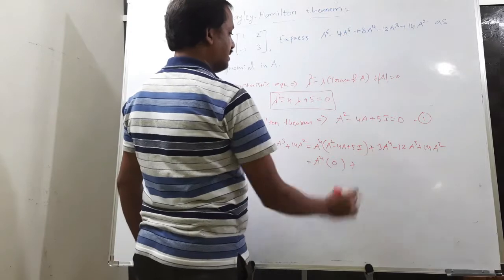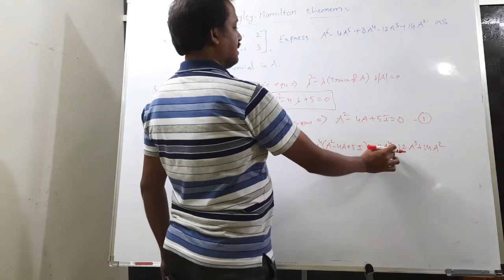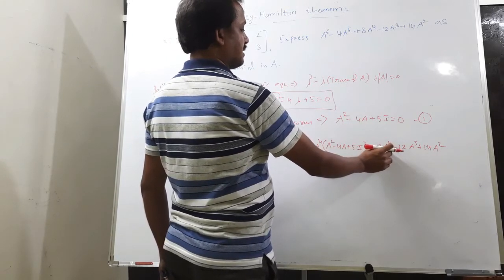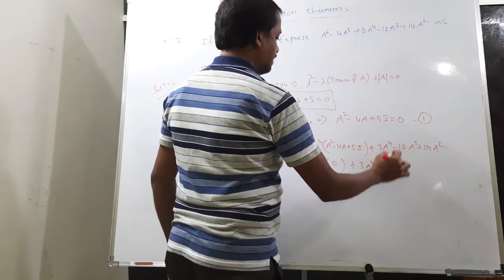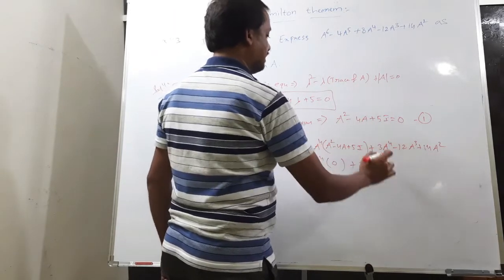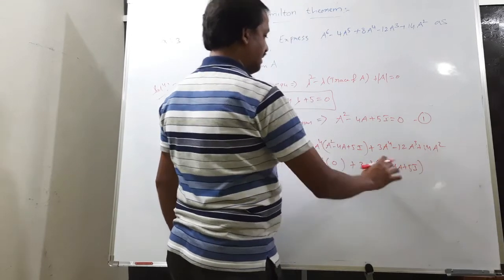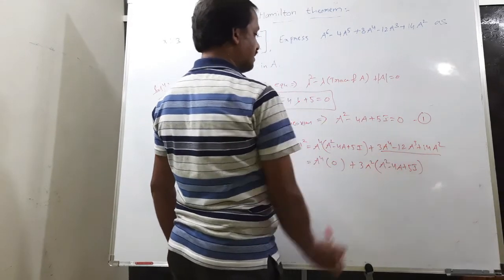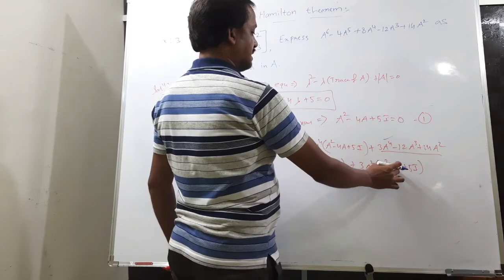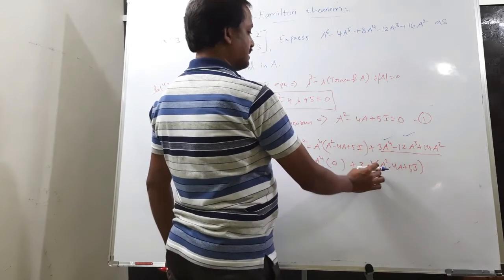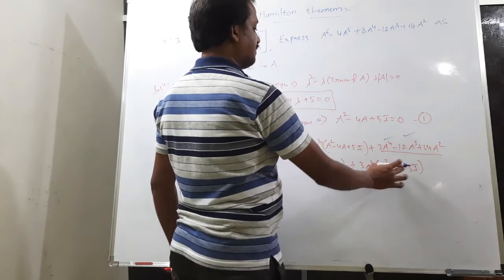So the remaining here, again we need to reduce further. Here you can take again A square. But here 3A power 4 is there, so if you take 3A square common, the remaining is written as it is, this whole quantity, A square minus 4A plus 5I. Then we will verify this whole quantity is there in this part or not. So 3A power 4 available. Minus 12A cube available. So the next thing is 5A square, 3 times 5, so 15A square.